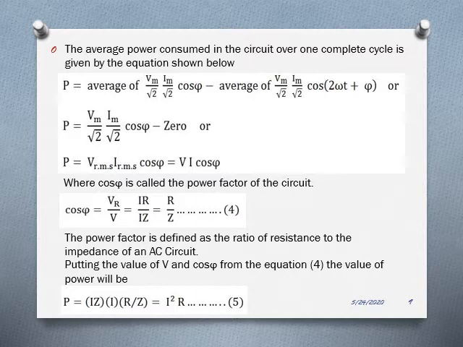That is, the capacitor element does not consume any power at all, just like the inductive element, because the inductive element and capacitive element are storage elements and they will return their stored energy to the source itself. So the power will never be lost across these storage elements, inductor or capacitor. That is what we have been learning from all these lectures. So power will be utilized or consumed or absorbed in the resistive element only. Therefore you can write the equation as I square R. And across this resistor, this power will be dissipated in the form of heat.